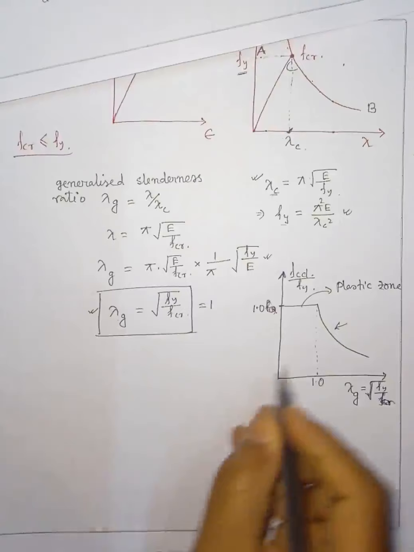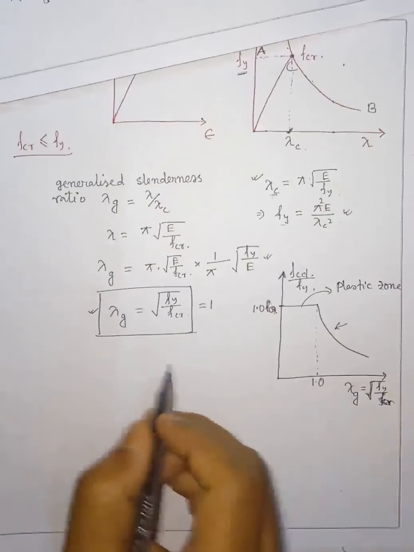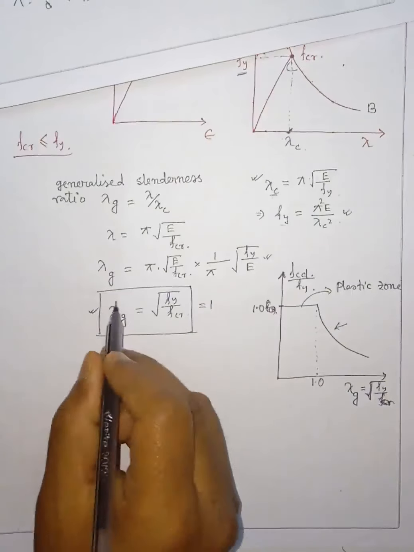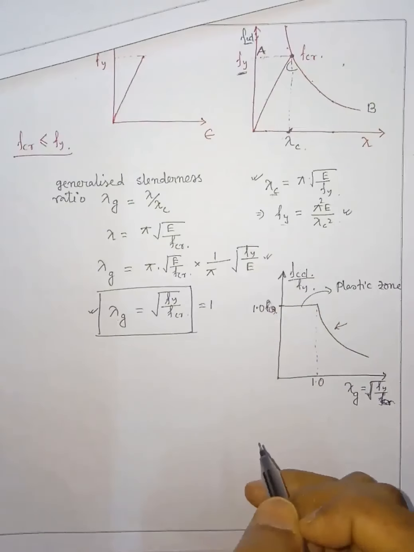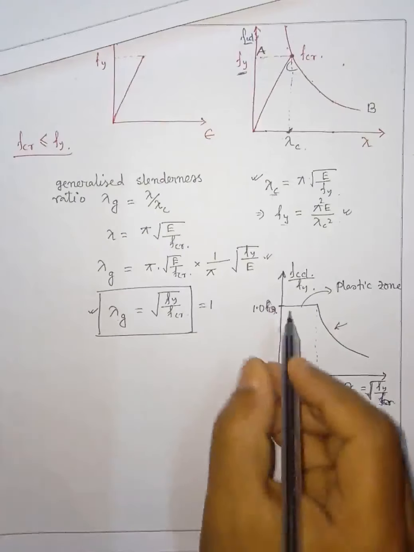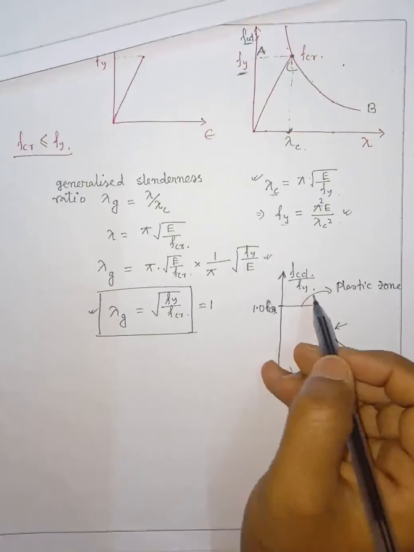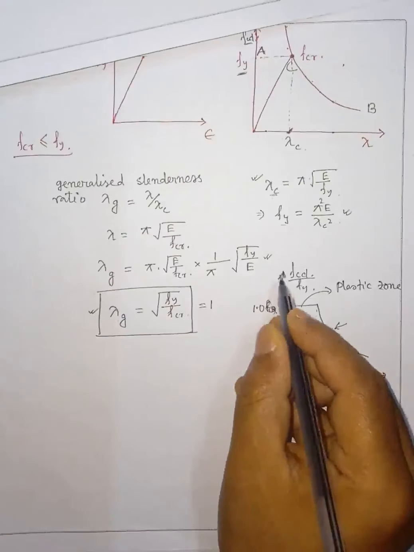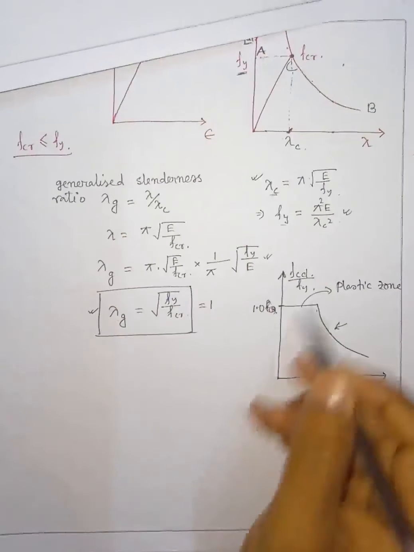Okay, so here this axis is for this non-dimensional number. This is called non-dimensional slenderness ratio. Okay, so here in this axis, if we want to convert it in non-dimensional form, then let us divide this Fcd by this Fy. So that is why this axis is Fcd by Fy, and at this yield point the Fcd will be simply Fy, so it will be Fy by Fy, that means 1.0 here at this point. So this is the curve which we got.